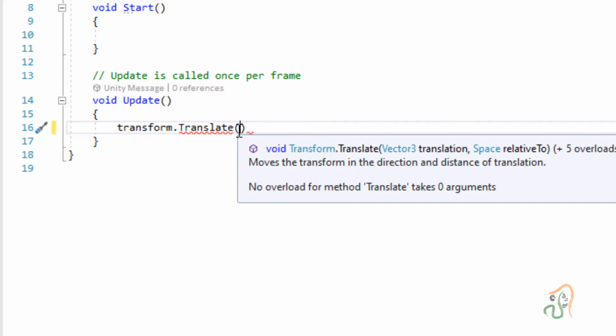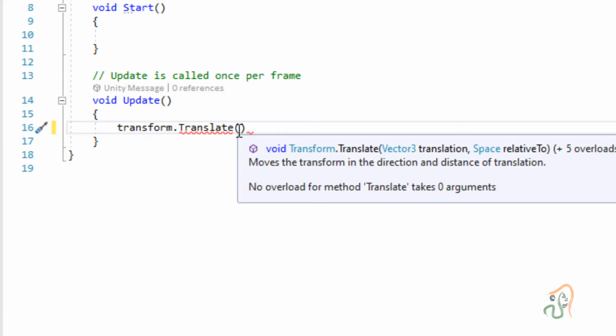One is the vector value, the direction in which the object has to move, and the second is the speed at which it has to move. The first value we have to add is the direction, and direction is represented in script as a Vector3.